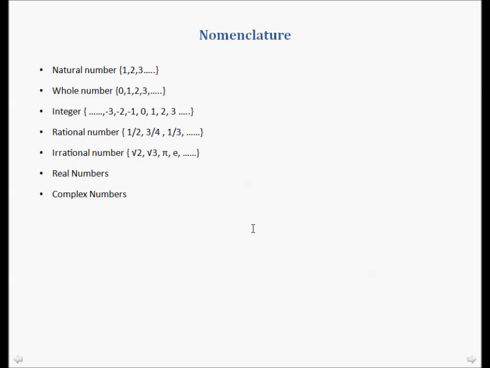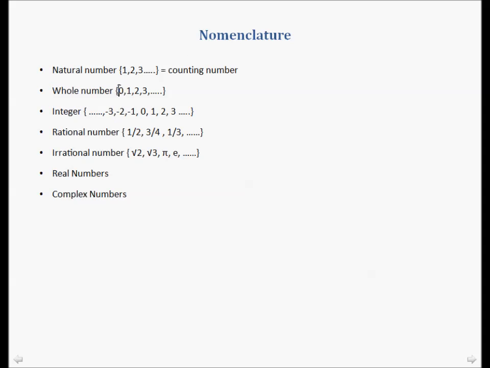When we talk about numbers, we also try to introduce certain vocabulary so that it becomes easy for us to communicate, right? The first term which we encounter is natural numbers. Natural number is a set of counting numbers. All the numbers which can be counted in general are natural numbers. So 1 apple, 2 oranges or 3 guavas, they can be counted, so they are called natural numbers. When we include a 0 in the set of natural numbers, what we get is whole numbers.